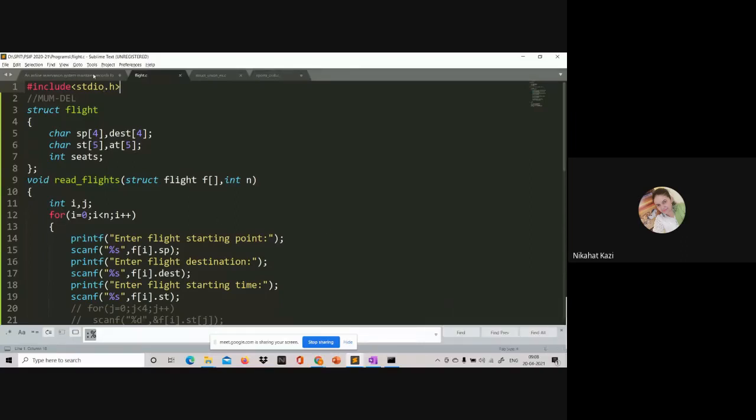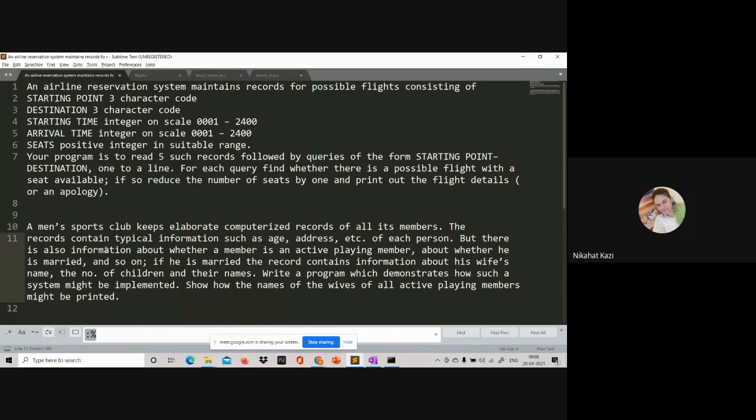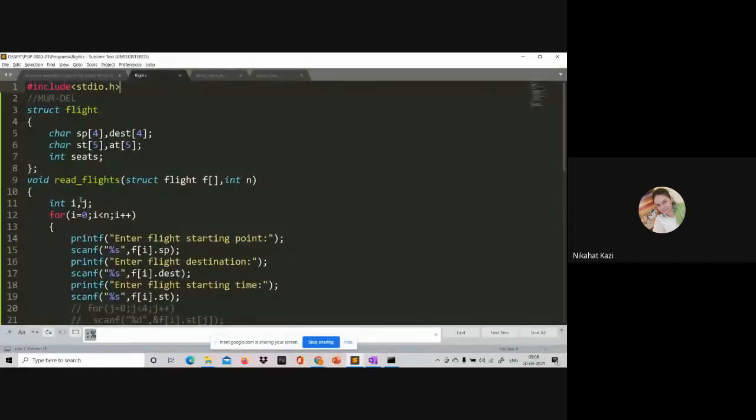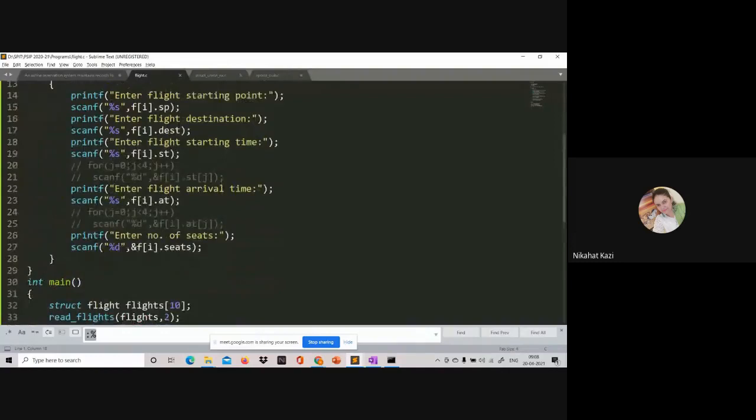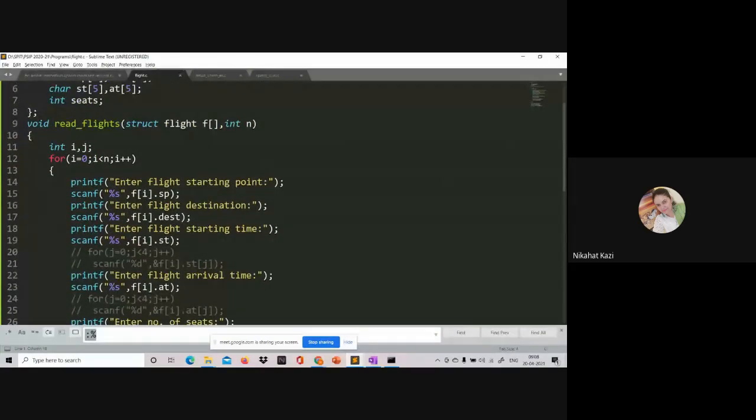So, just to refresh, it was about the airline reservation system where we had to maintain records of flights. So, for that, we created an array of flights, right? And after that we read data into the array of flights using the read flights function. So we defined a function to read data into the flights array. Once we do that,